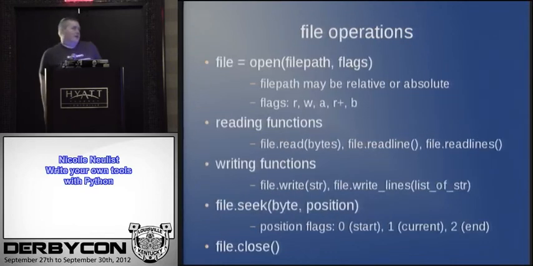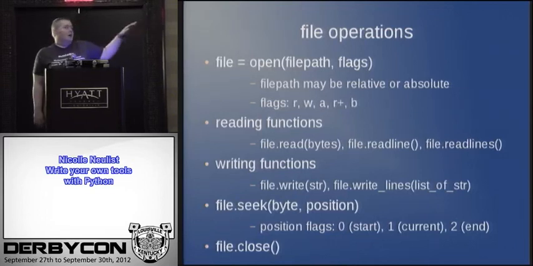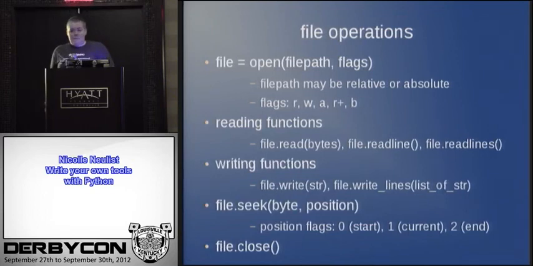File operations in Python are pretty simple. You define a file object by opening a file. You tell it the file path. It may be relative or absolute. That depends on how you plan on using your script. If it's one that you're just going to throw in a directory and you want it to put the files into that directory or subdirectory, relative paths are probably good. Whereas if you know that it's going to be interacting with your etc password file on a Linux box, you're going to want to use the absolute path